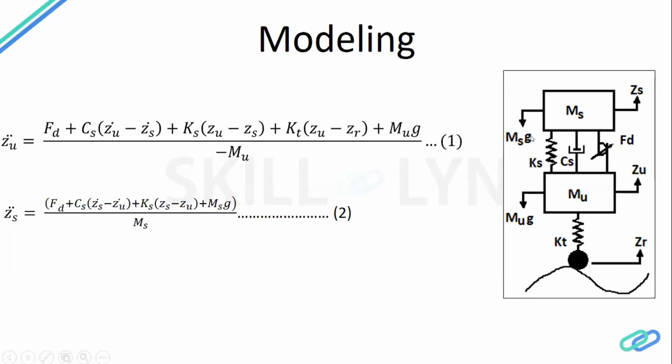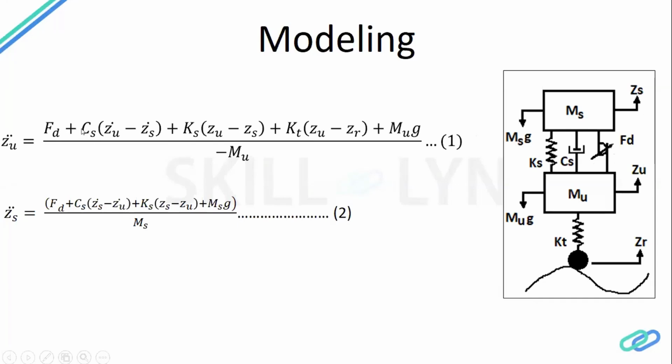In the sprung mass, you can see there is the weight of your sprung mass, which is loaded because of gravity, because of its own weight. Then you have the spring stiffness, but the displacement is between your sprung and the unsprung mass. So accordingly you will create the equation. You start with the force you have, then the damping between the sprung and the unsprung mass, and the spring stiffness between the sprung and the unsprung mass, and the effect of its own load. So accordingly you create these equations.